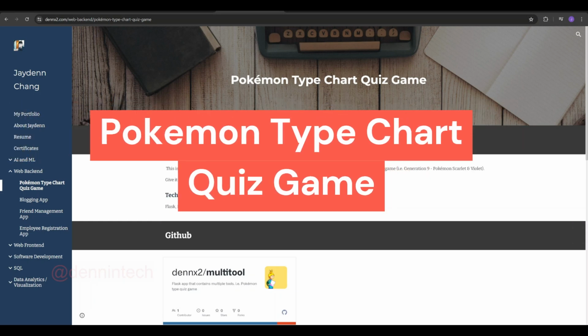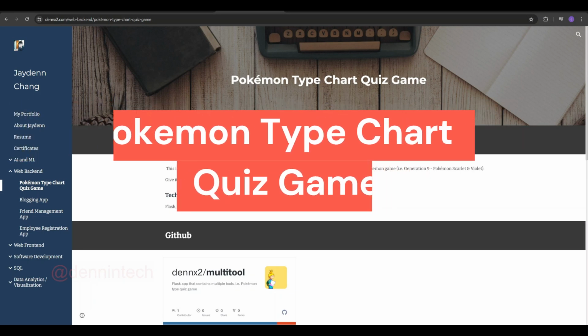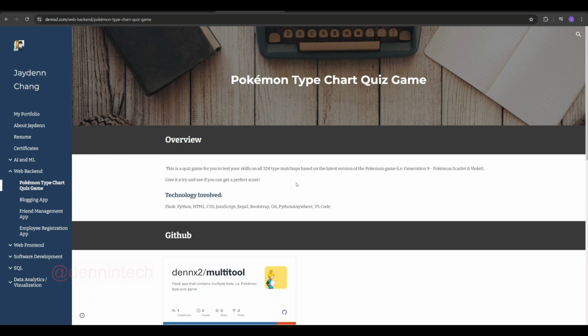Alright, so in this video, I'm gonna show you a Flask game that I created. The game allows players to test their knowledge on Pokemon typing. The type matchup data is based on Pokemon Generation 9, aka Scarlet and Violet. The technology involved in this project includes Flask as the back-end framework, and for the front end I use Jinja 2